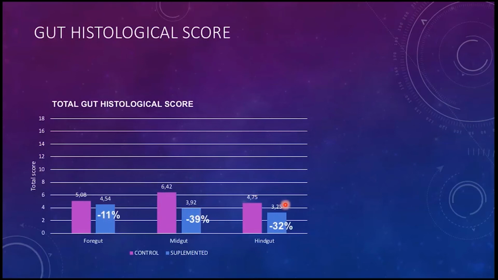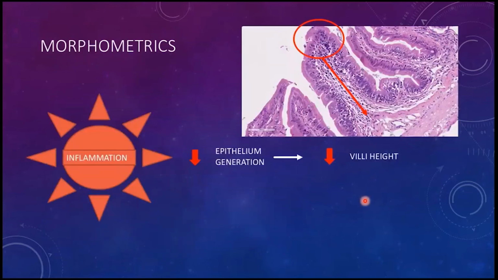So this is the first type of diagnostic solution that is proving helpful to assess the gut health of our fish. The second one would be morphometrics. Morphometrics is based on, basically, what we do is we digitalize the sections, and then we get